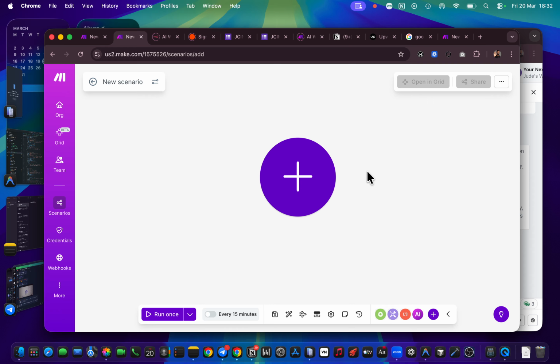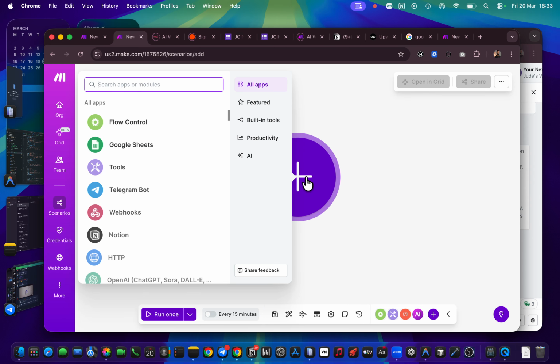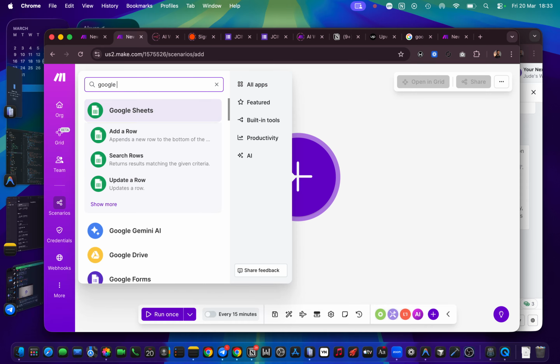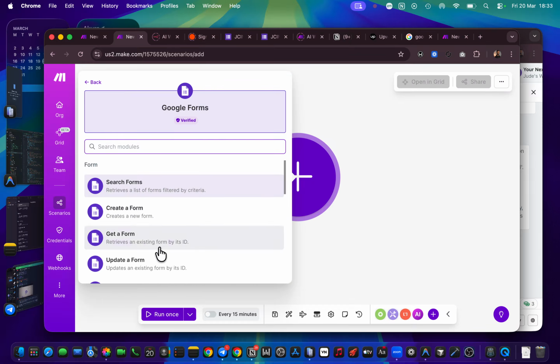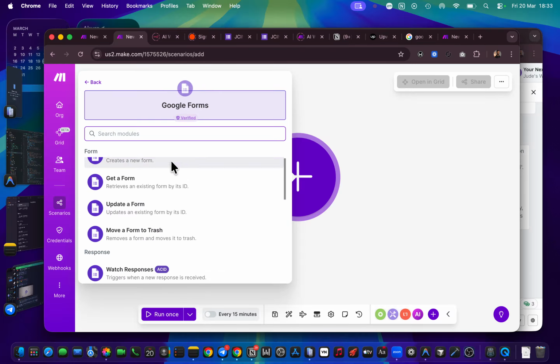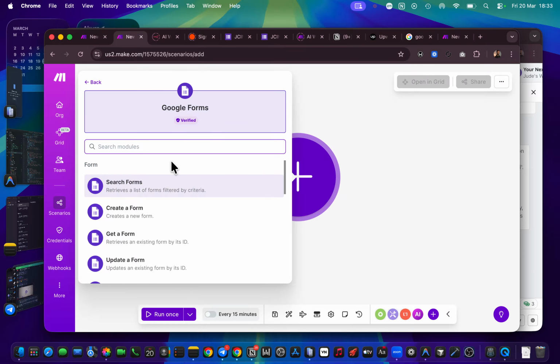When you talk about a trigger, the trigger is the first module you add. Most times, let's add our Google Forms, which we want to use to take in forms. So you type in Google Forms, and you can see I typed it in and got this. Many features can pop up here, but we're not creating a form from here. We've already created our form on Google Forms. We just want to connect it here so that when people put in details, they come into this particular place.